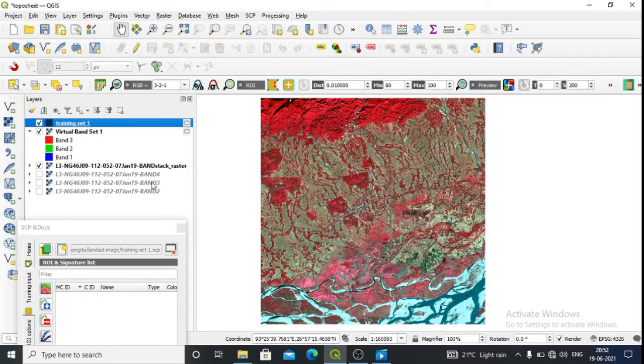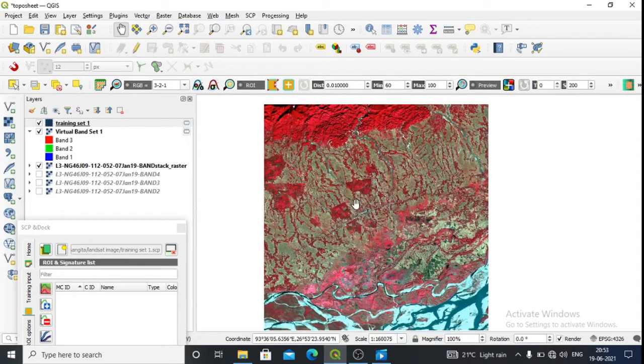This 3 band you unselect. Then we are ready for the processing of the image.